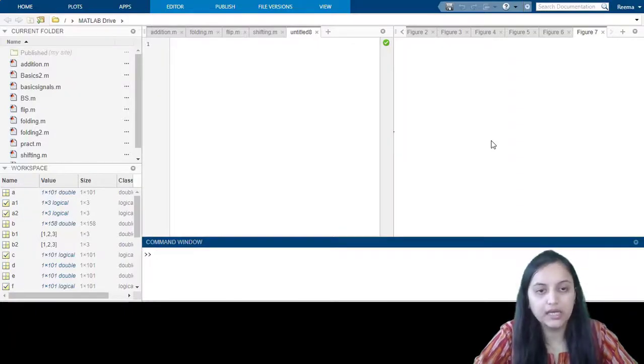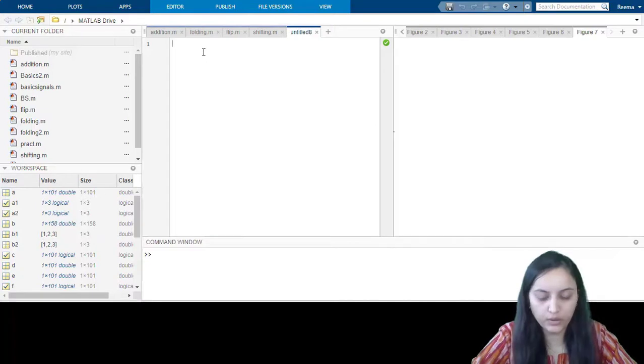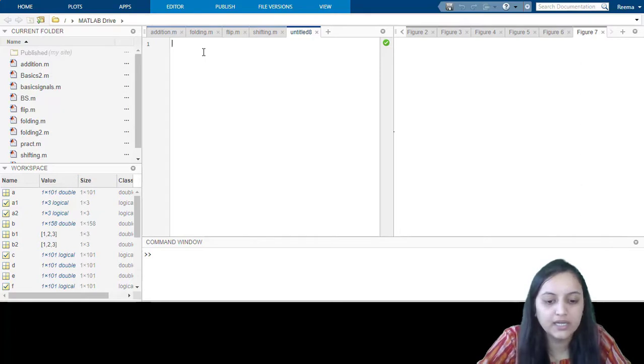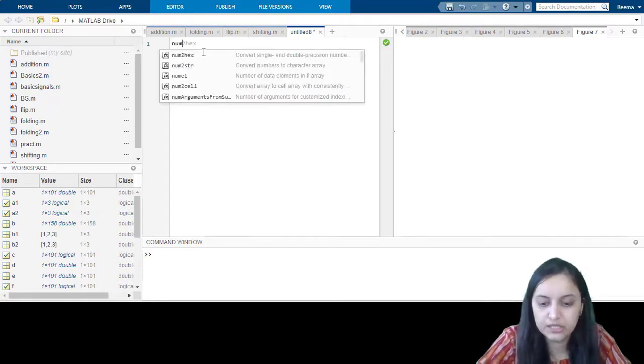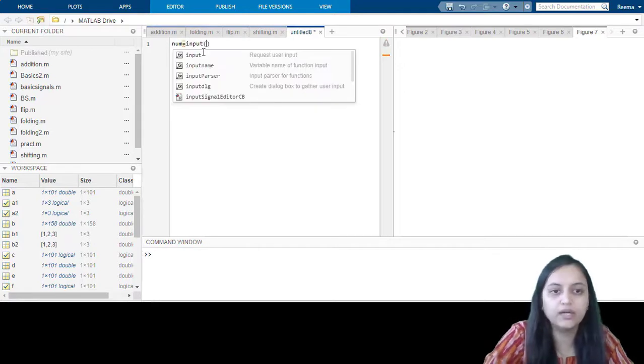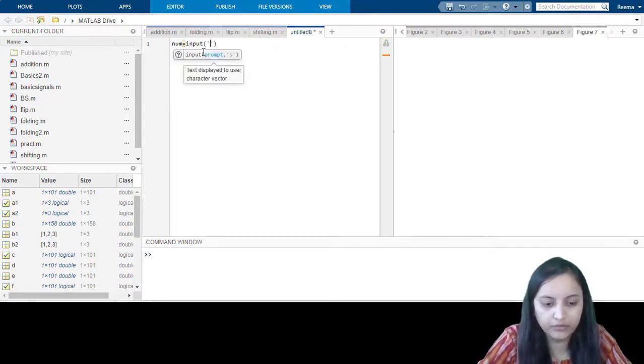Now let us see how we can use the MATLAB code to find poles and zeros from polynomial functions. So to obtain the polynomial from the user, we need to take the numerator values and denominator values. So let us take the first instruction line, that is numerator num equals to input. We are going to enter the input from the user.